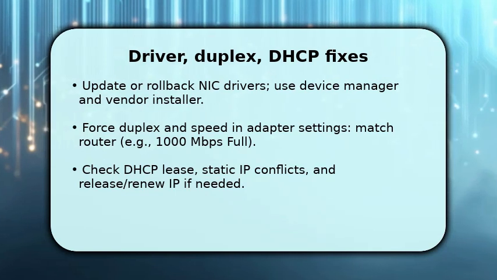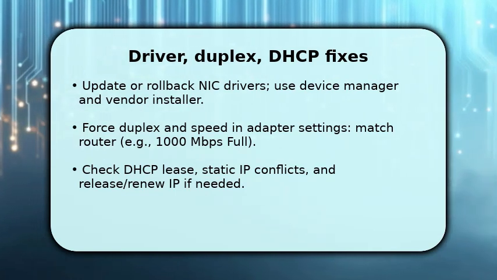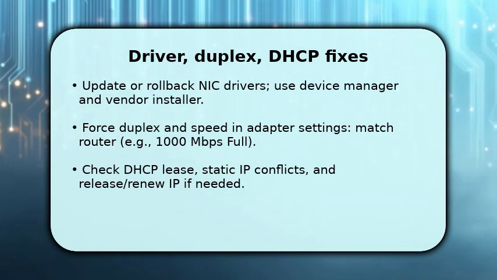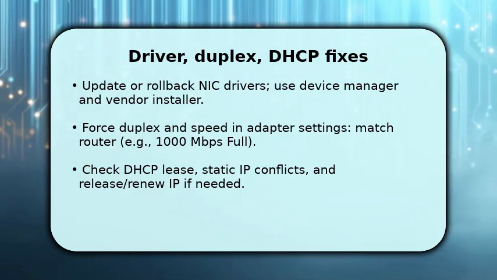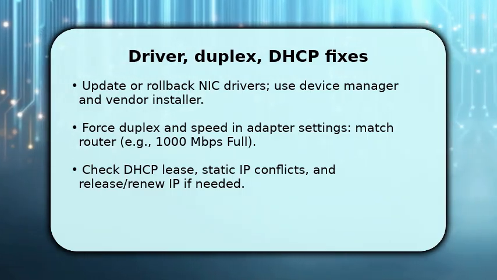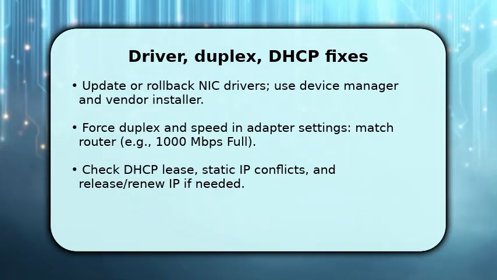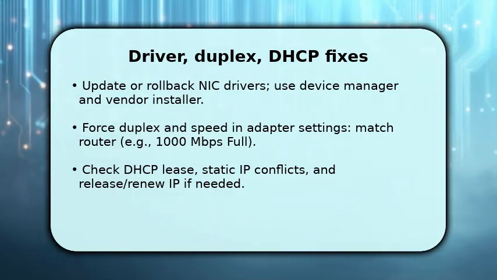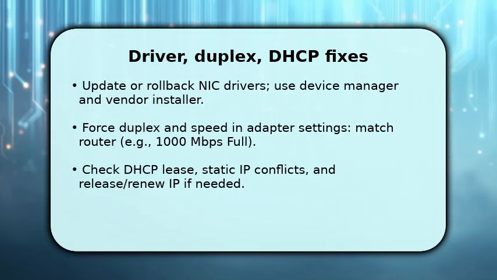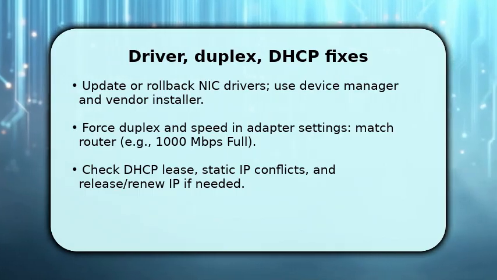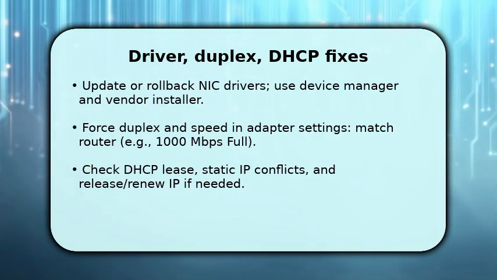Now focus on the network adapter and agreement settings because most random drops come from mismatches. You'll update or, if recent problems started after an update, roll back the NIC driver using Device Manager and the vendor installer. Then force speed and duplex to match the switch or router, typically 1000 Mbps full duplex to avoid